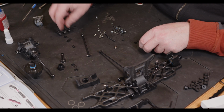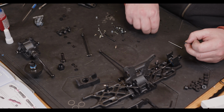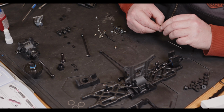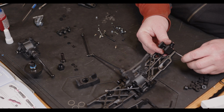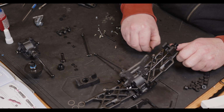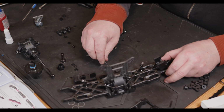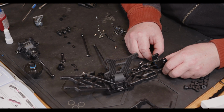Now it says you should use 2 + 1 + 1 to make a 3mm spacer, and this is how you will change the wheelbase of the RC. And the stock position, I believe, is the center one. So if we start putting this through and we aim for the center, then as we get it through we can try to get these shims in place. So basically that's how it wants to go, and then we have a lock nut on the end of it,